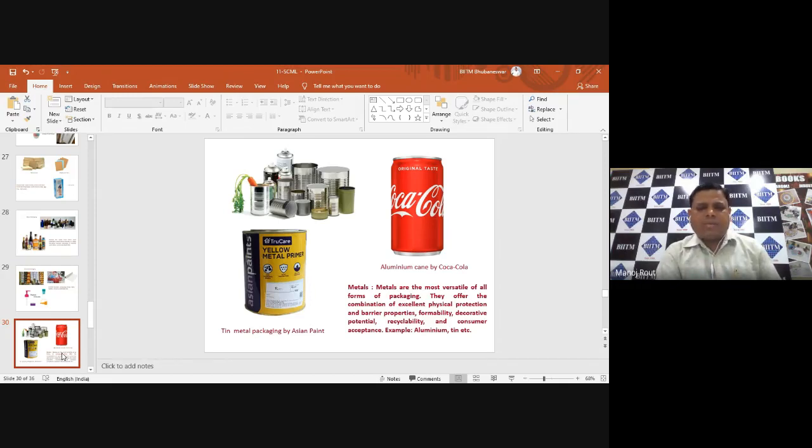Mostly metals are a versatile form of packaging, and they offer a combination of excellent physical protection. So due to that, packaging innovation directly impacts customers, and they attract more customers toward the particular product, and that enhances directly or indirectly the supply chain activities in a safer way, in a faster way. The next one is that